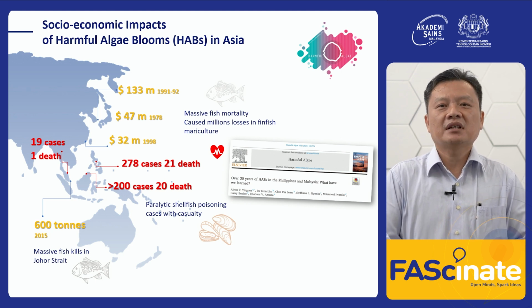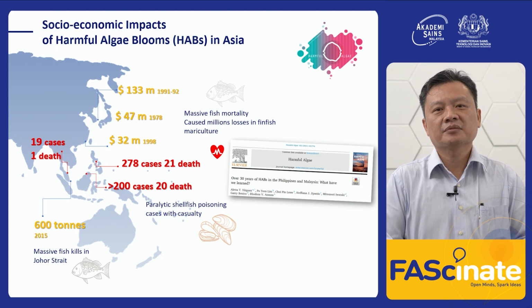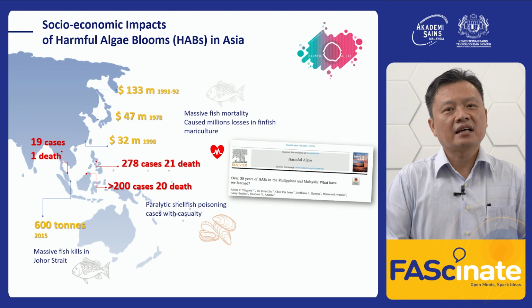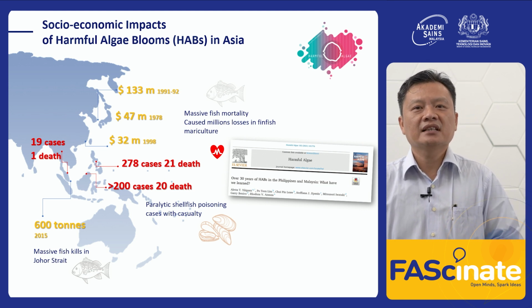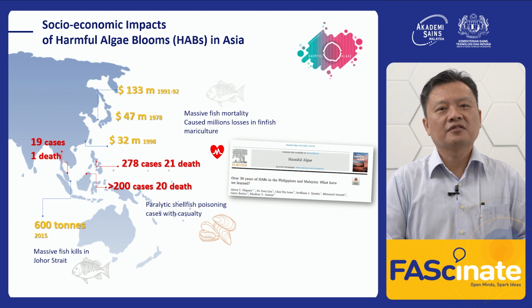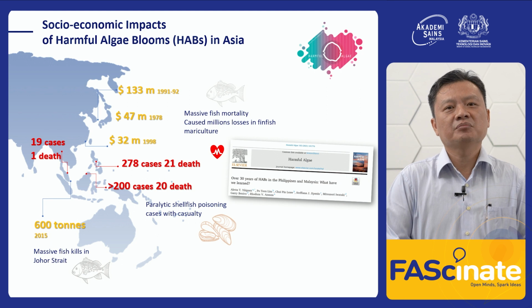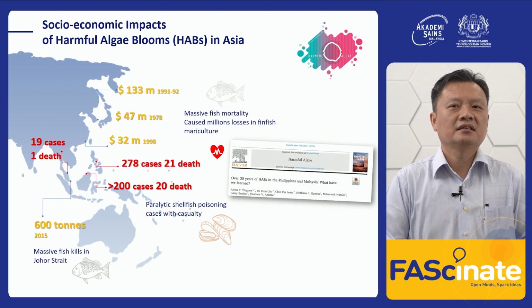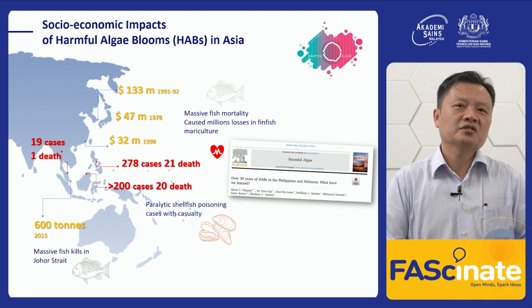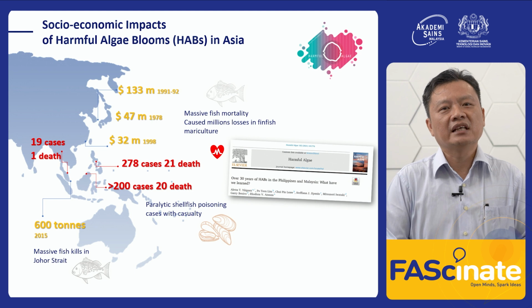In the state of Sabah, at least 200 cases of shellfish poisoning, mainly paralytic shellfish poisoning, have been recorded, with 20 casualties. The emerging HAB event in Johor in 2014 alone was responsible for at least 600 tons of fish mortality in a single HAB event. So if you are interested to look at the HAB events and the trend of HAB in Malaysia,